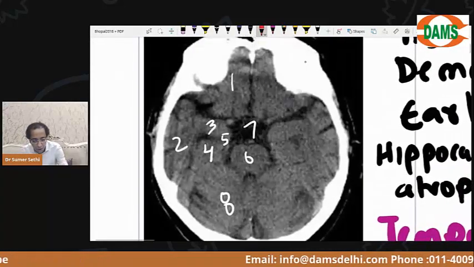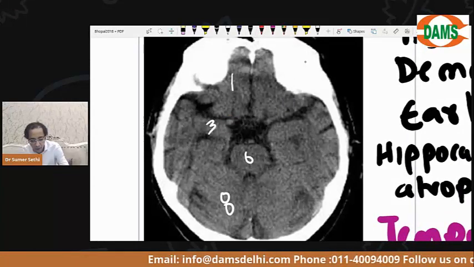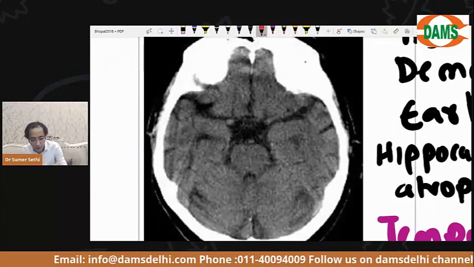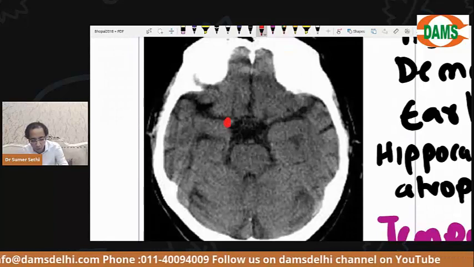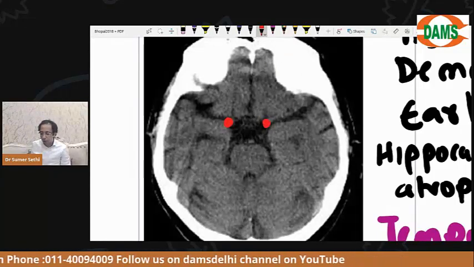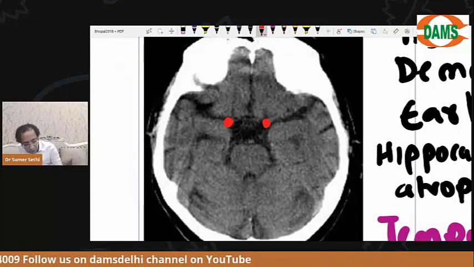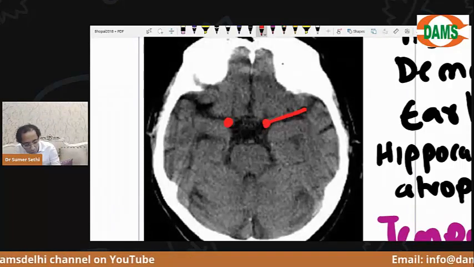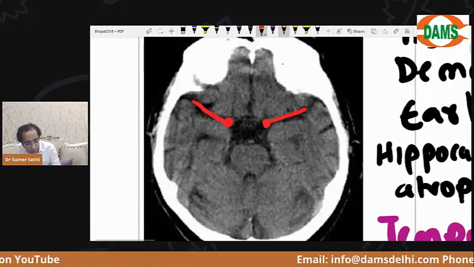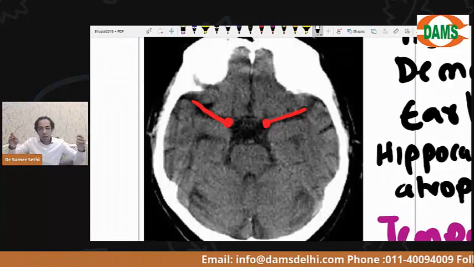Now, if I ask you, this is where we saw the internal carotid artery. Let me draw it for you. This is where we saw the internal carotid artery. Internal carotid artery gives a branch which goes between the frontal and the temporal lobe towards the lateral surface of